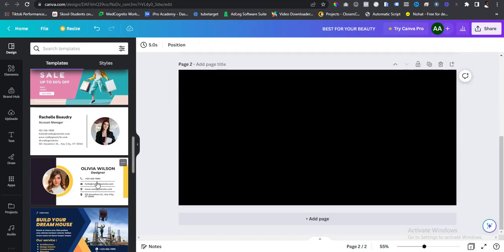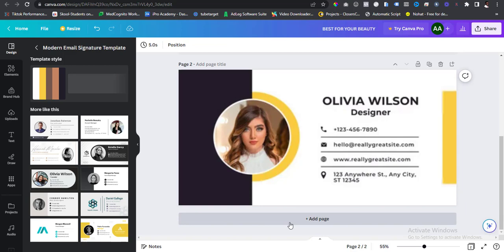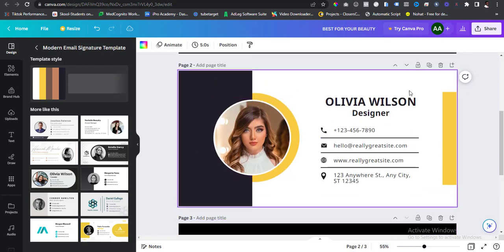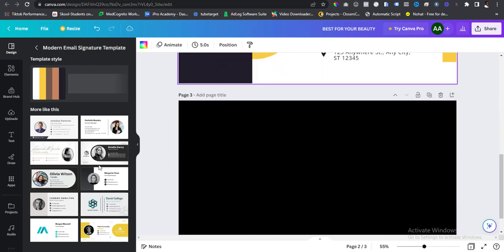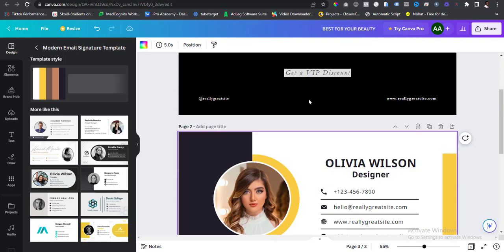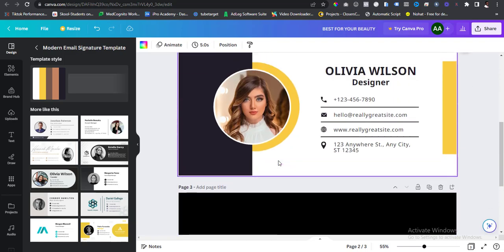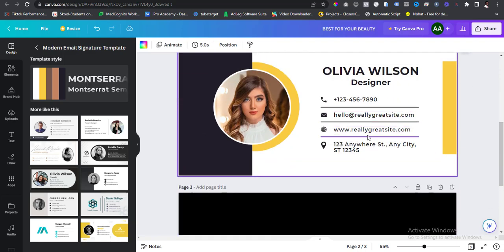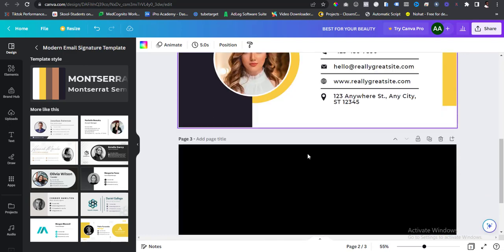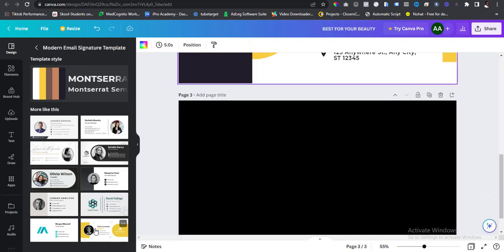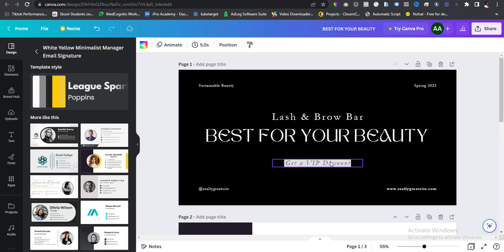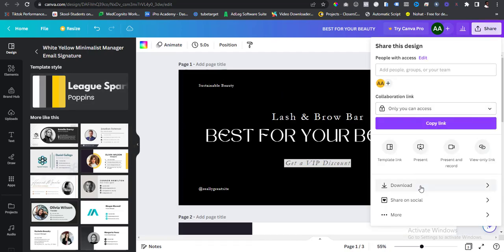So let me choose this one. Okay, so for instance this, and then you might want to change some few things so that it looks more like not a lazy work. Because if you leave it like this, people will see that you are just using a template. No, you want to make some few changes, do some few tweaks, and then you're going to use this as your portfolio. Okay, so I'm using this, so let's click on share, and I'm going to go to download, and